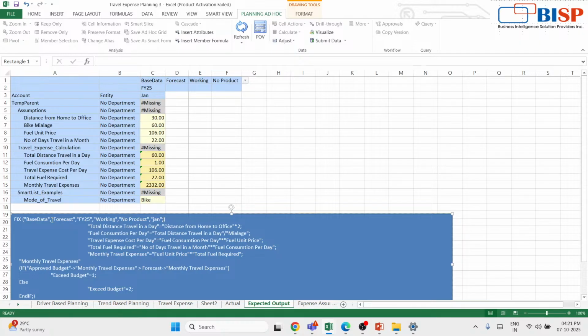After HSP view base data we have to take forecast, year, version, product, and the period. And these are the actual formulas which we can give while implementing in our